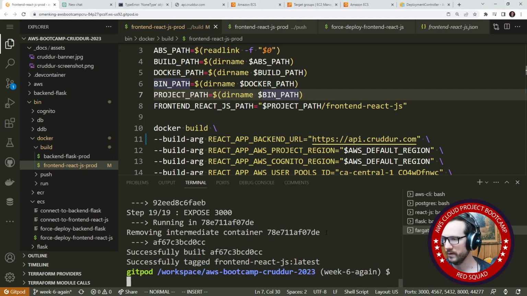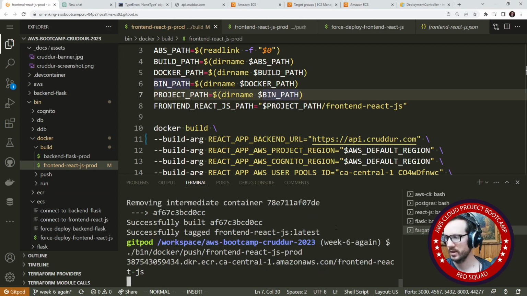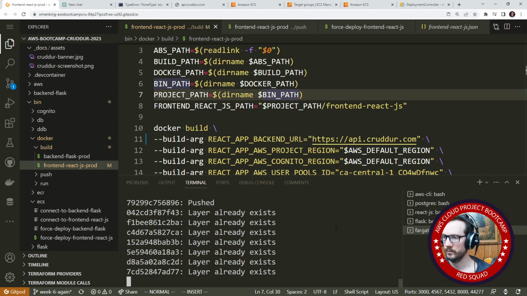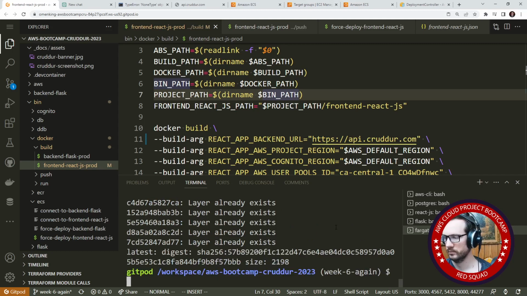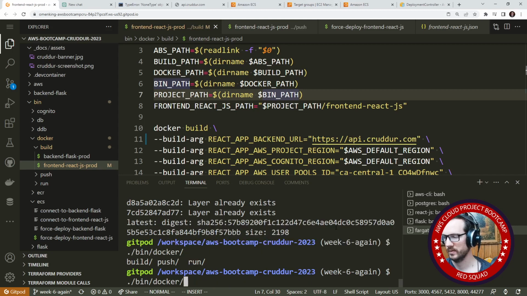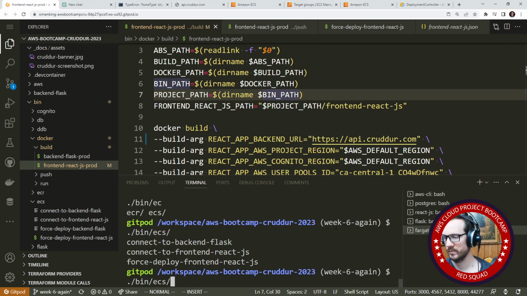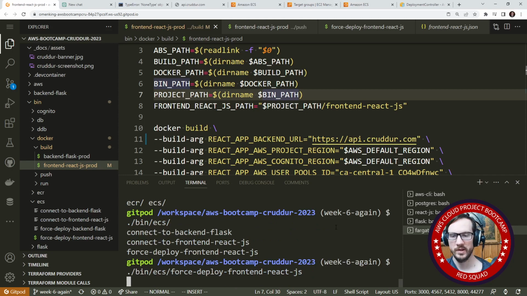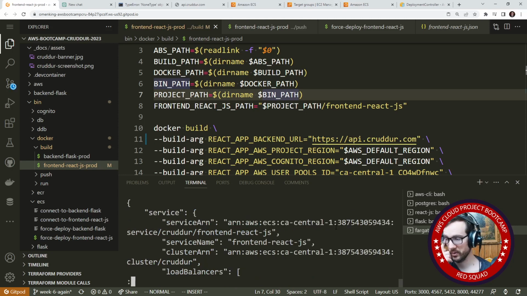All right, so that finished there. So what we need to do now is to do a push. So we'll do push front-end React here. And then what we'll do is do ECS force deployment front end. So yeah, again, I'm not a huge fan of the way these are organized, because now